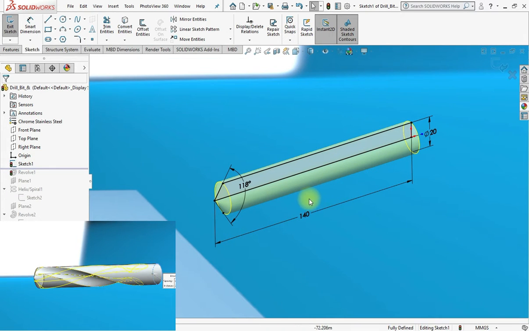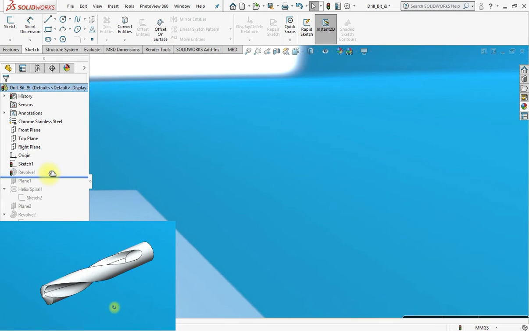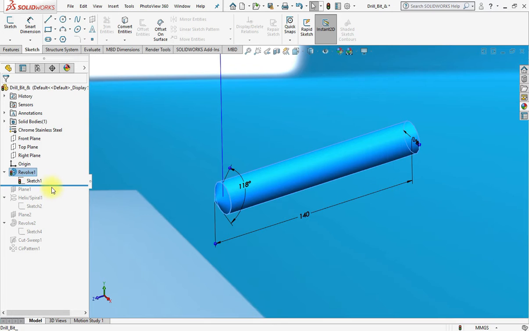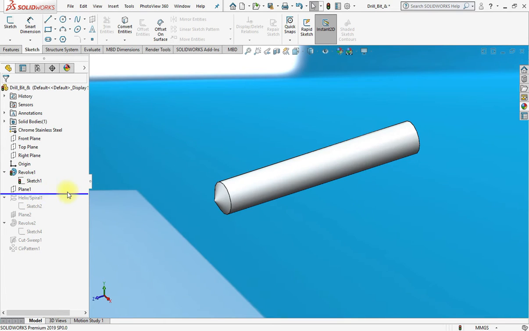Draw a sketch for revolve. Then revolve. Then make a plane